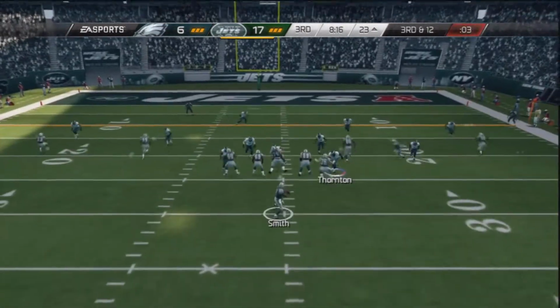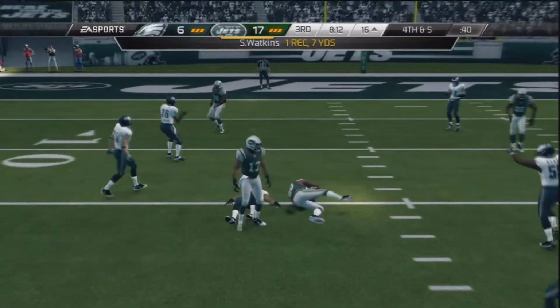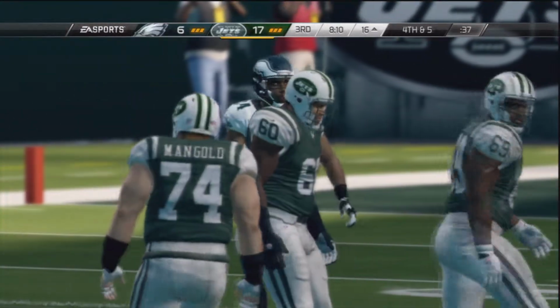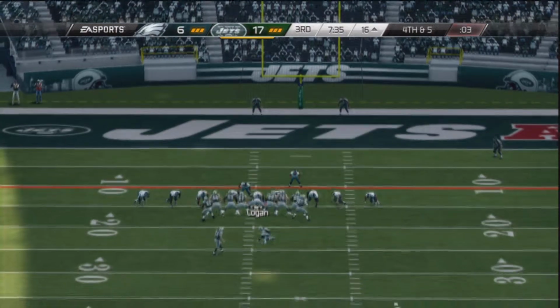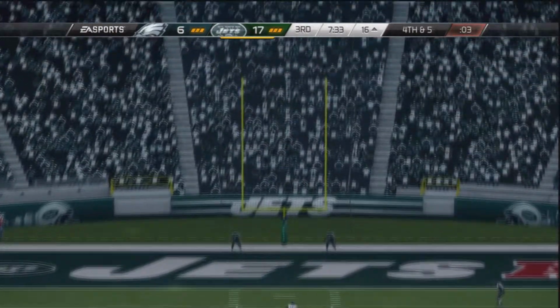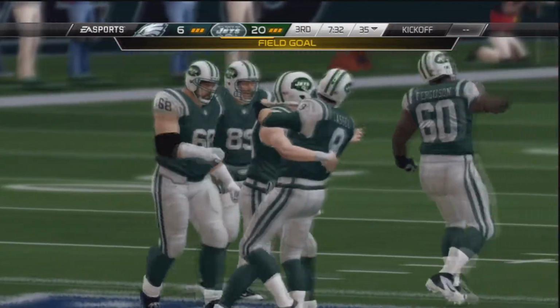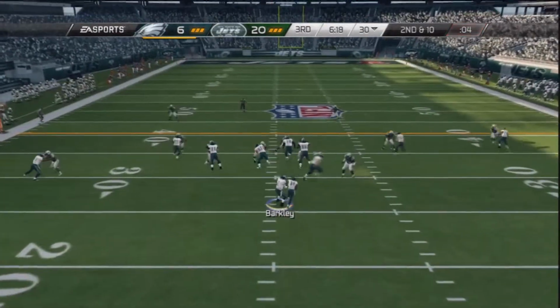So now it's 3rd and 12 for the Jets. Smith all alone in the backfield. He finds Sammy Watkins, who was then brought down. Sammy Watkins, obviously a rookie receiver, but that would be his first catch on the day, and it's a gain of 7. But that would cause the Jets kicker to come back out. The kick is away and good, giving the Jets a 20-6 lead over the most likely highly favored Philadelphia Eagles,